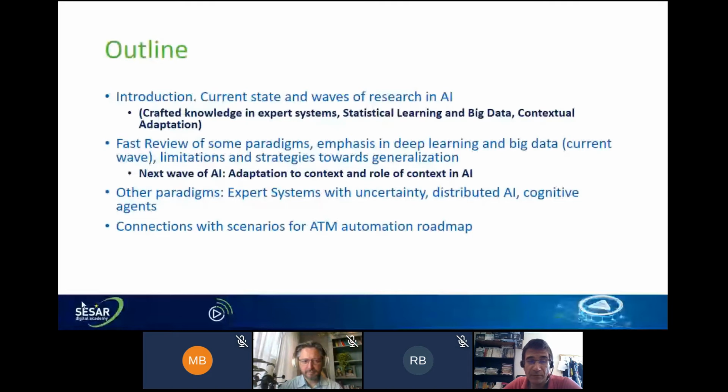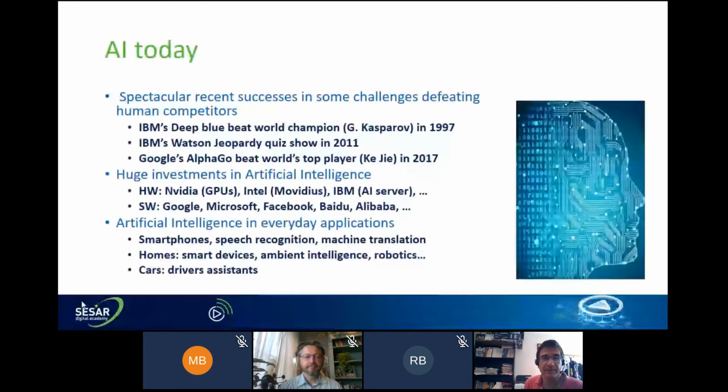And just at the end, only to connect with the following presentation, some connections with scenarios that have been proposed to increase the automation level in ATM. So next slide, please. Okay, so there is no doubt that artificial intelligence today, especially in the last 5-10 years,